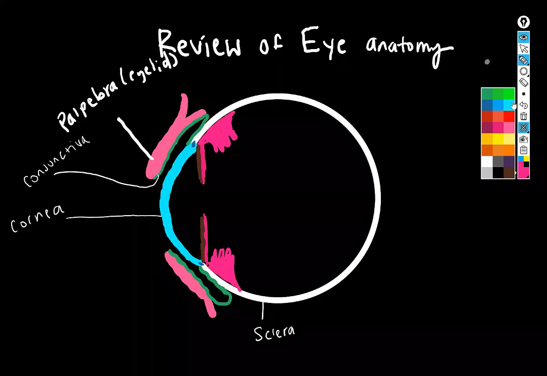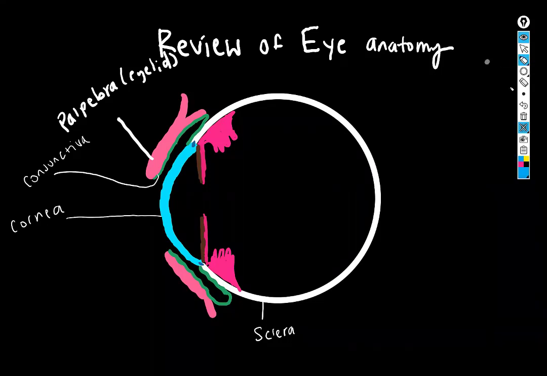And one of its jobs is to support the lens, which looks like this. The lens is also transparent, but it is made of living tissue. So again, we have this problem where we have a bunch of structures that need to be transparent because we don't want to be trying to form an image while